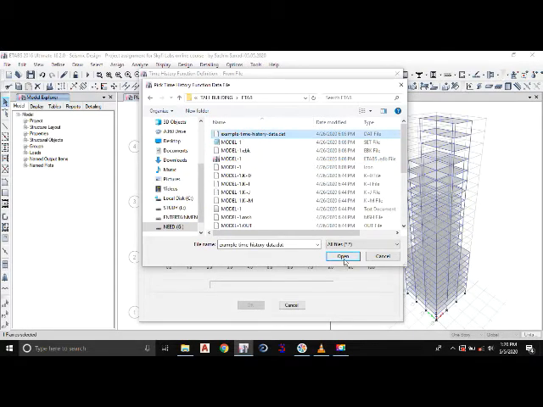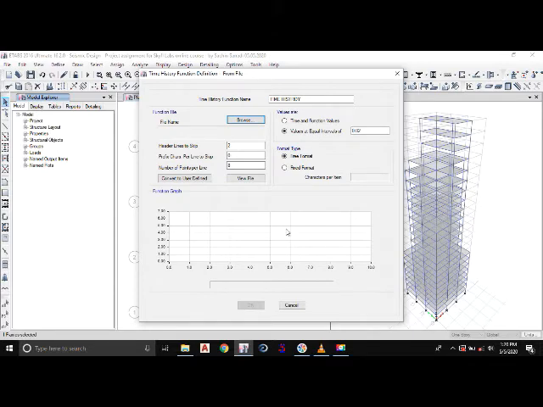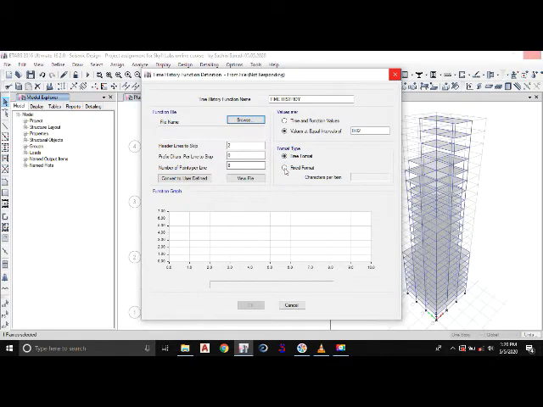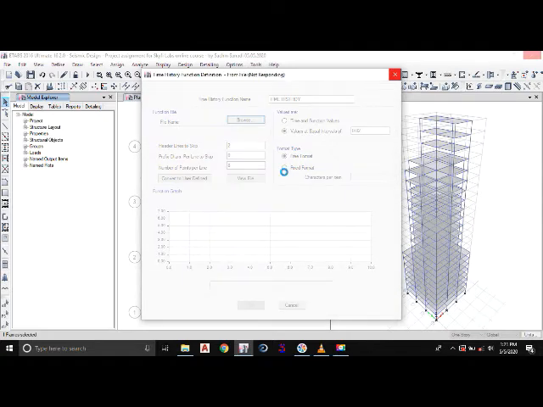So I'll select the time history, I'll click open, then I will click the fixed format for this.